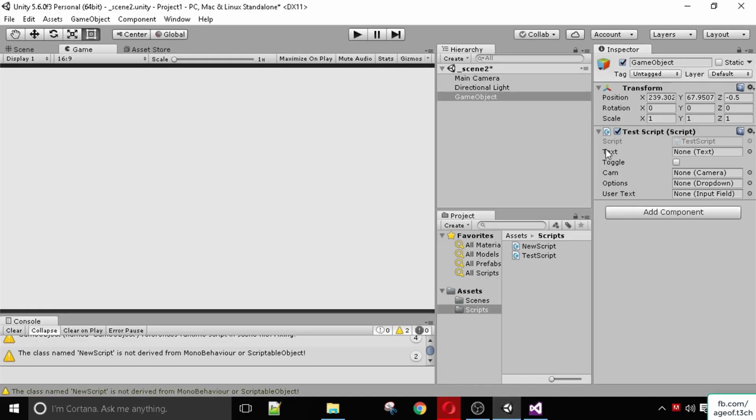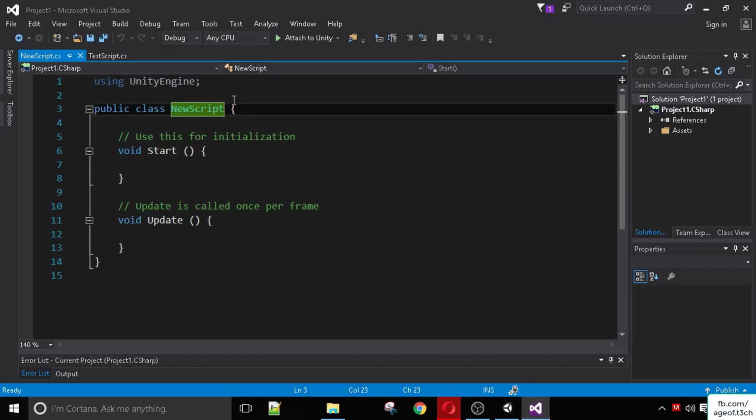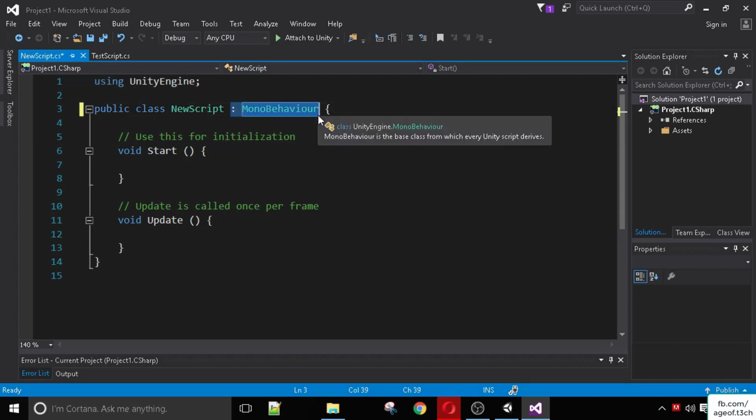If we want to create a component for a game object, maybe a script that moves it, we need to specify that it is derived from MonoBehaviour. This just means that it is derived from something. We will later speak about classes that are derived from different classes. For example, if you're building an RPG game and you have enemies, characters, NPCs, all of those share similar things. For example, all of them will have a health bar, maybe movement speed, maybe